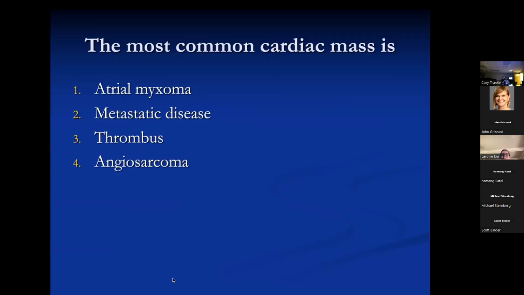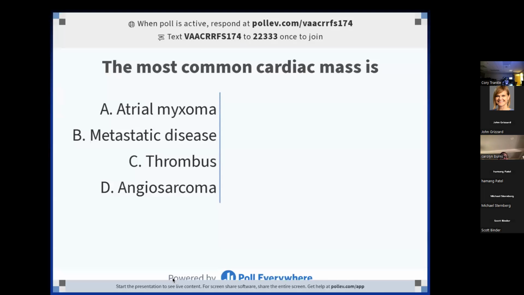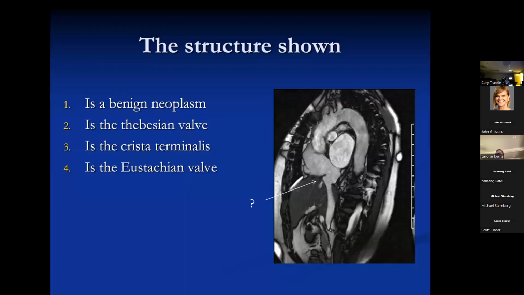Okay, so this is a question that's always asked in radiology board exams, or very frequently: what is the most common cardiac mass, and you see the options there. People can respond if it's working. I guess this will be a test case if anybody has been able to log in. We'll leave that up for just a minute. The text number you can see up at the top. Well, we got a pretty even split between myxoma, METs, and thrombus. Very good. When you get through this, we'll give you the answers to these. They'll become apparent. Sorry to do a head fake there.